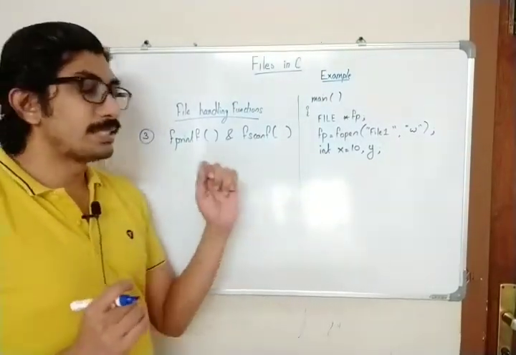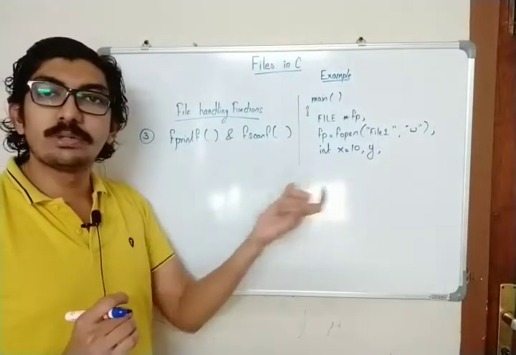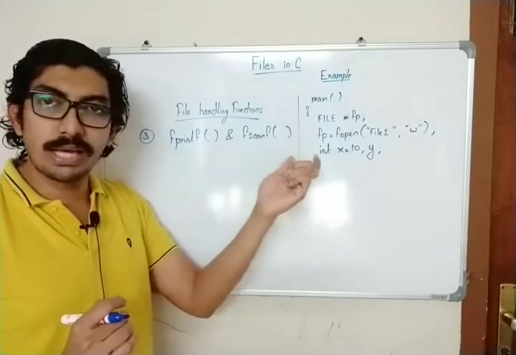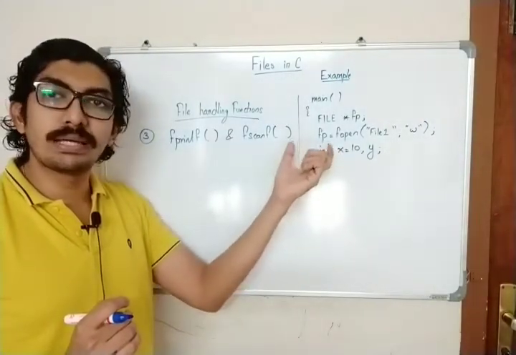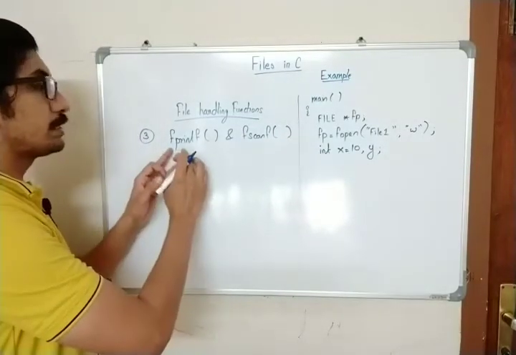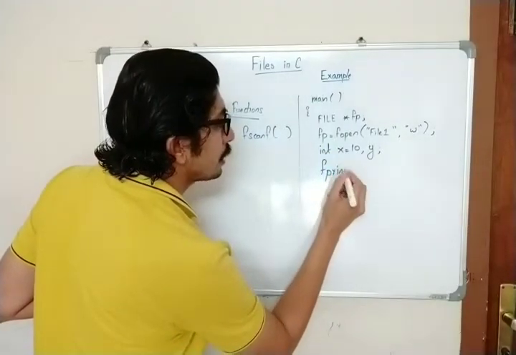Now if I simply use fputs to write this content, it will be treated as text or a string. So 1 will be the first character and 0 will be treated as another character. It will not be read as 10. So my aim is to write it, so I'll use fprintf.